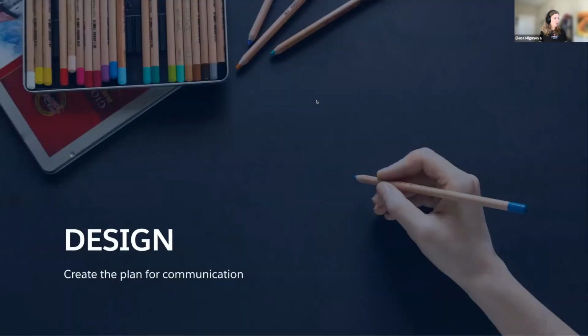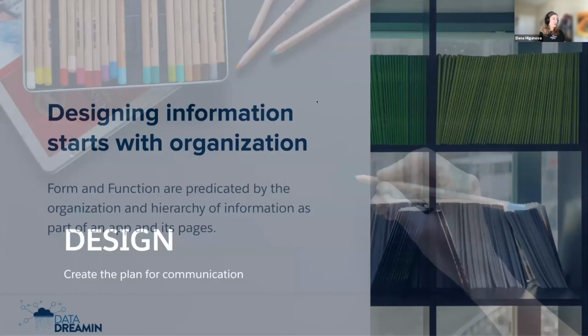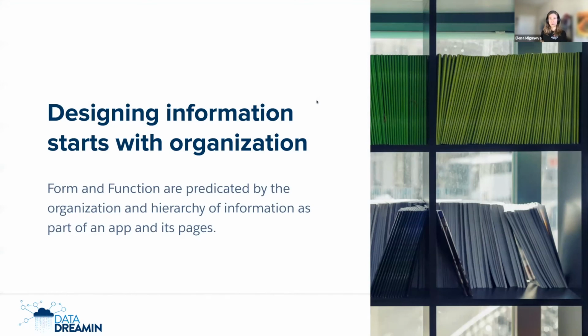All right, now that you've done a round of sketching, you have an understanding of what your user needs are. It's time to step into the design phase and design the actual product. Designing an information or analytic app always starts with organization. So always think about information architecture first, and that will dictate the form and function of your product. Let's take a look